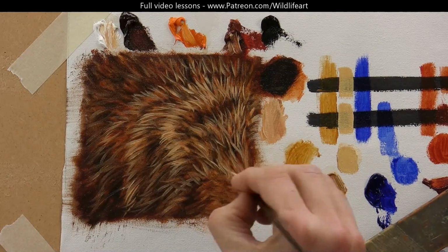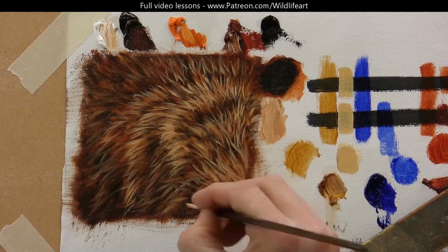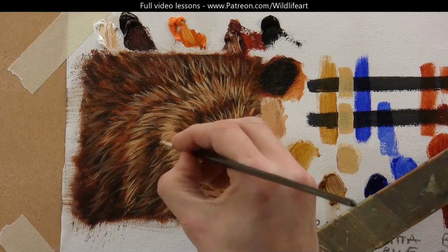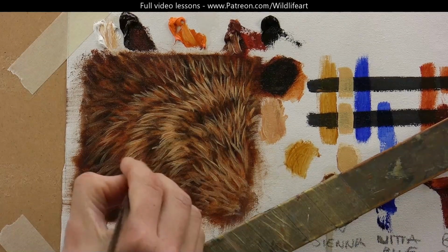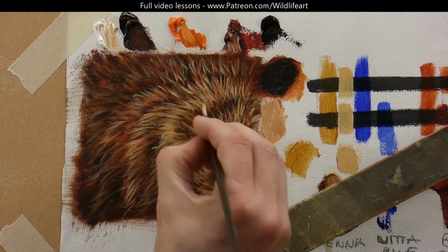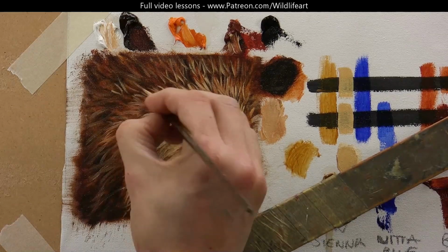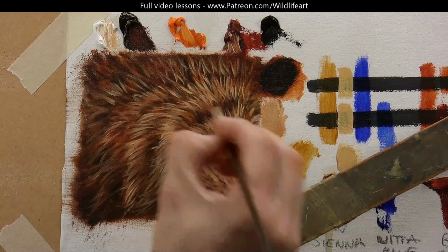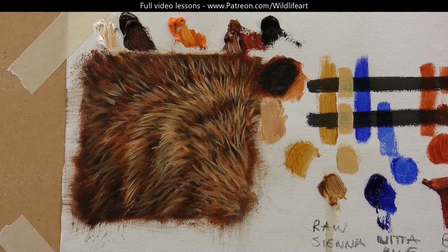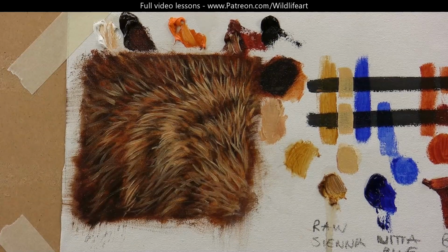And that's really the layering method, where you can get numerous layers just to really build up the depth of the texture. Always remember that an animal is very rarely got just one or two layers, it's usually numerous layers, and to paint that realistically you're going to have to paint numerous layers on top. There you go. I think that looks fairly realistic for a very quick painting, showing glazing with a little bit